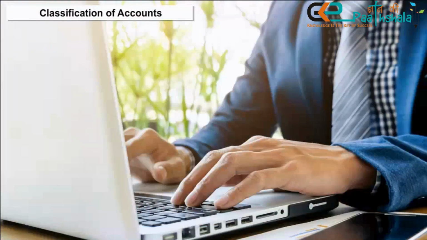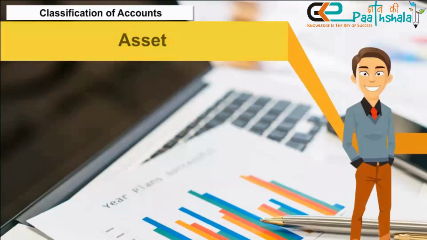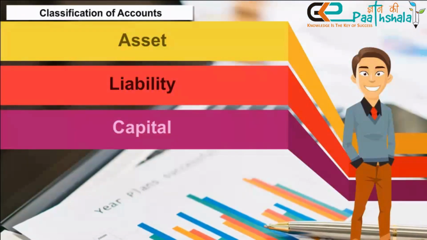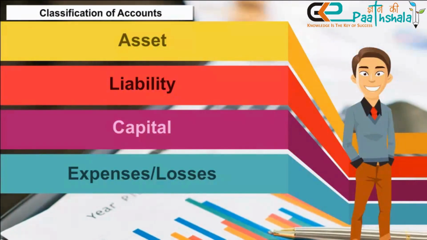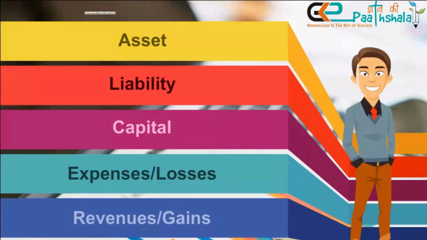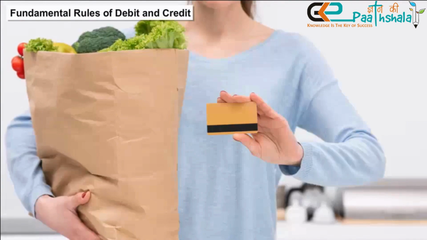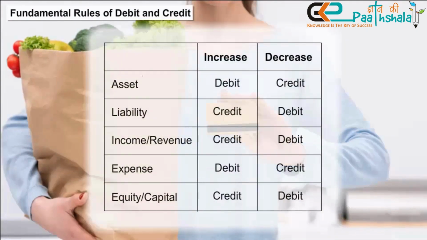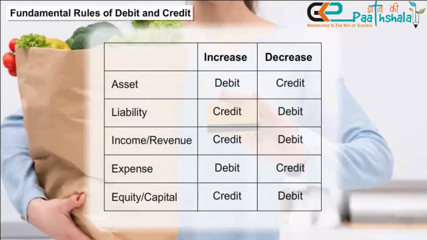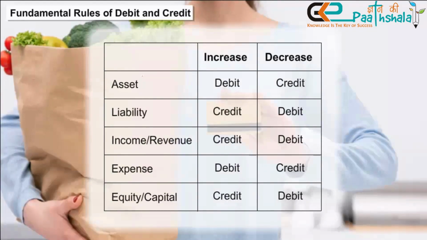Classification of accounts. All accounts are divided into 5 categories for the purposes of recording the transactions. These are asset, liability, capital, expenses or losses, and revenues or gains. Fundamental rules of debit and credit. The 2 fundamental rules that are followed to record the changes in these accounts are: